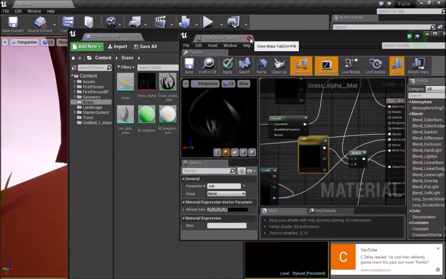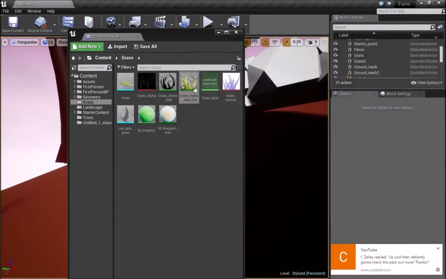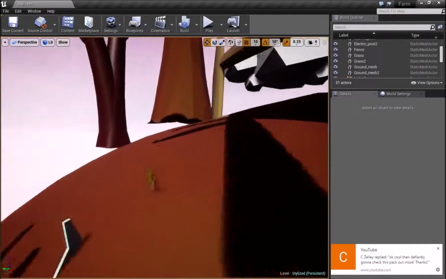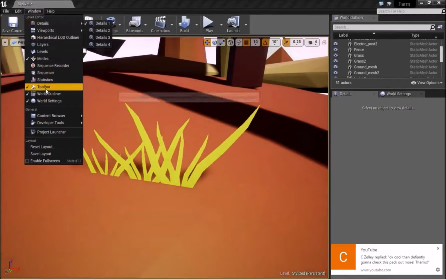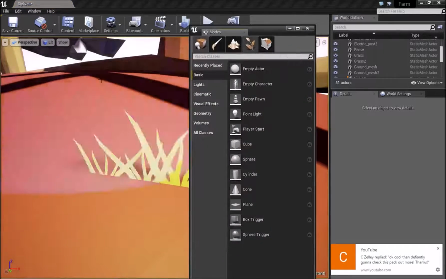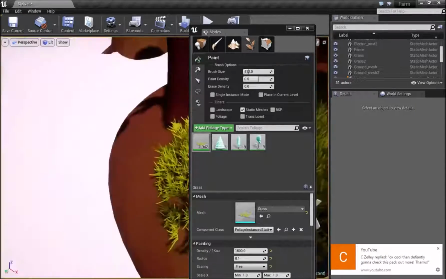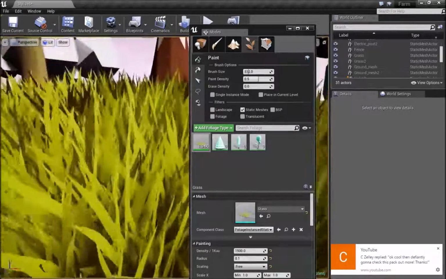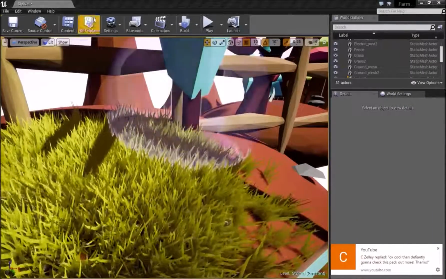So this is how I did that, and then as you can see, the grass looks quite nice, and you can see down here. And then if I go to my modes, I use this tool to plant my grass down, just like this, and this grass actually looks pretty amazing, as you can see. And I can also control the wind of my grass